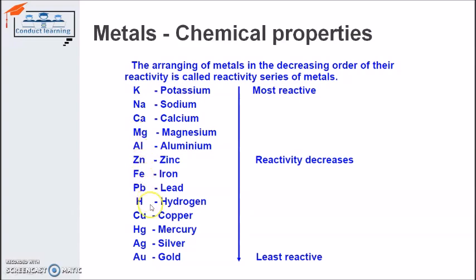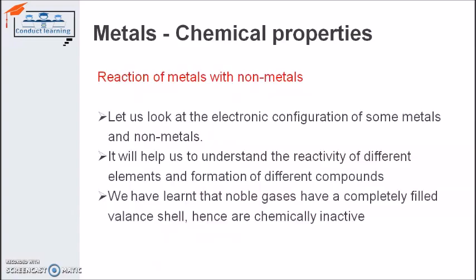And we can see copper comes in the least reactivity series, and gold is the one metal which is very much less reactive. It reacts only with a solution of nitric acid and hydrochloric acid, that's aqua regia. So this is the reactivity of the different metals. Zinc, aluminium, iron come in the middle of the reactivity series. The most reactive is potassium. So the reaction of metals with non-metals is the next step, in which we will see how bonding is formed. The bonding between metals and non-metals is getting formed.